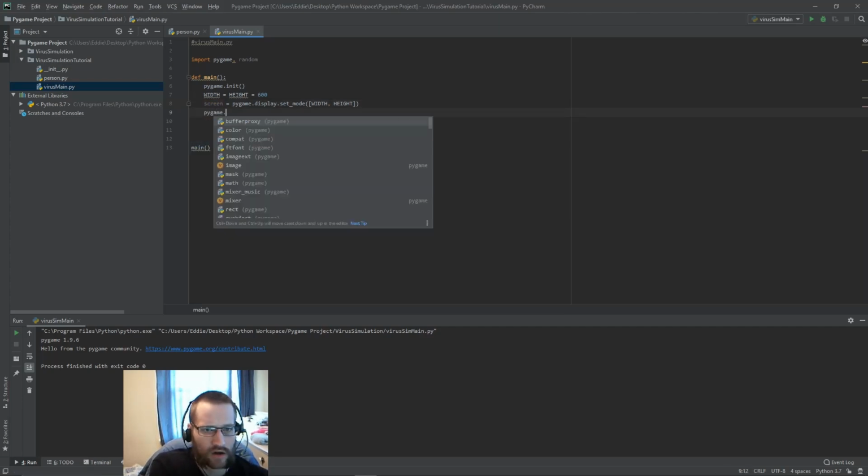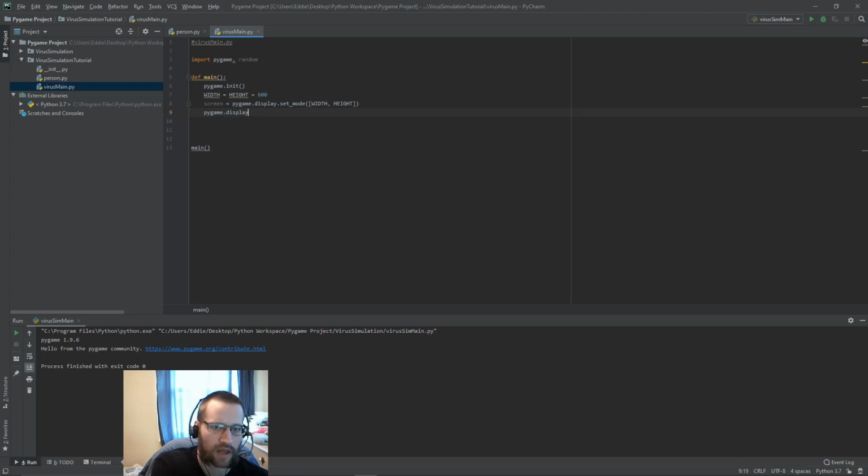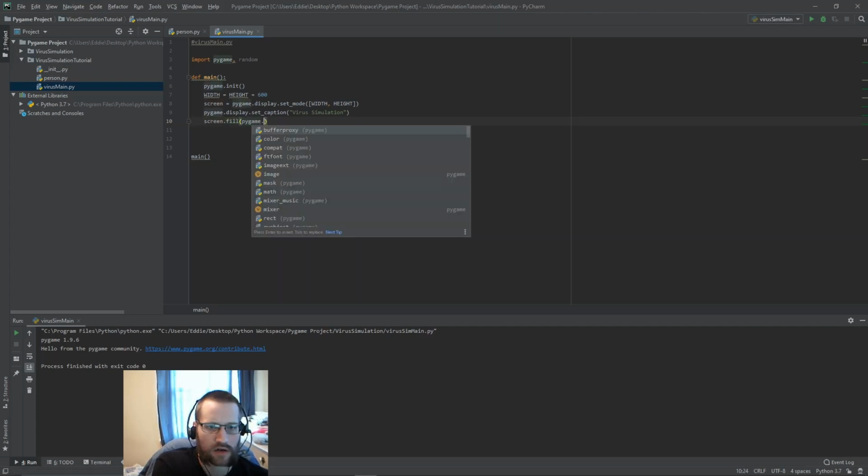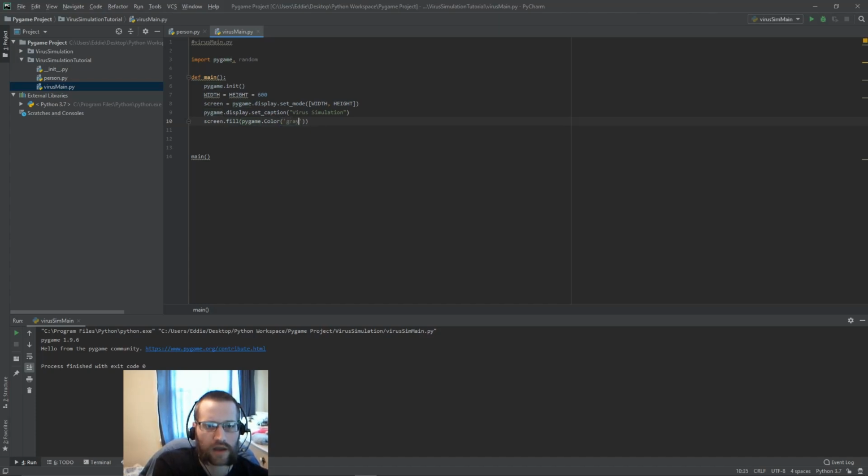We'll set our title here. So this is a display.set_caption function, which we'll call virus simulation. And then we'll just set a real quick background. So we'll fill the screen surface with the color gray, and make sure that you capitalize Color here, capital C. That's different than the lowercase c, so that it actually works. All right, so this will give us our window, and these are all just screen setup